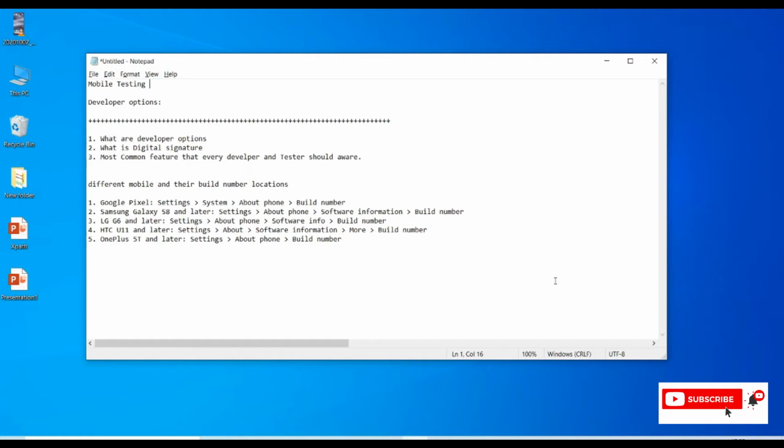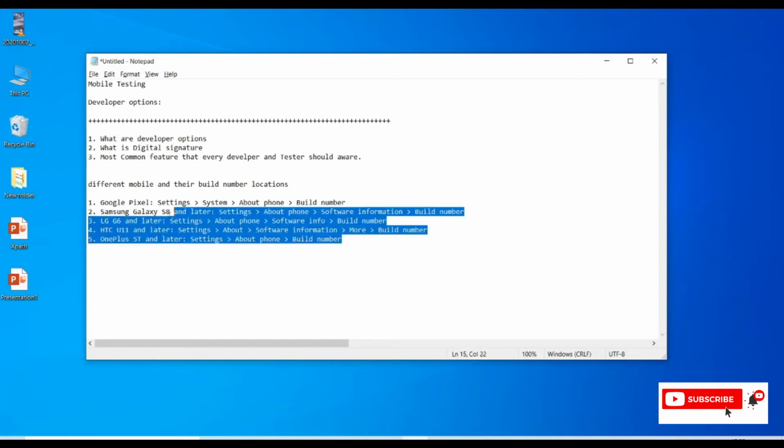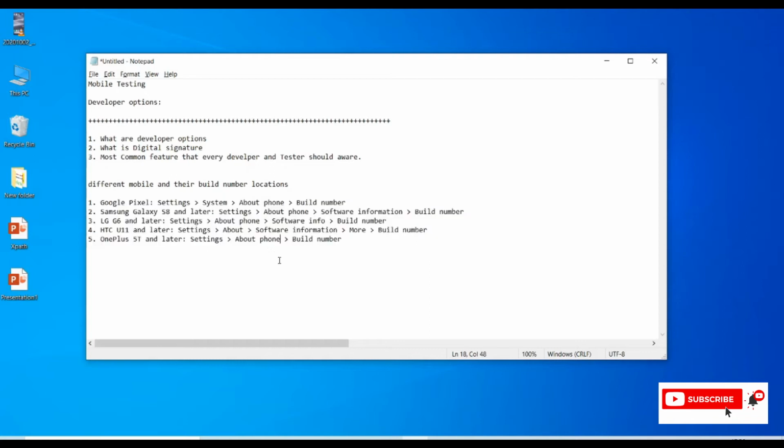There are different ways to enable developer options, and I have listed a few here. Based on the device versions and devices, we have an option called build number. This build number provides the option to enable developer tools. I will show you on my device how to enable developer options, which are not available by default, so we need to enable that option. Let's see that.